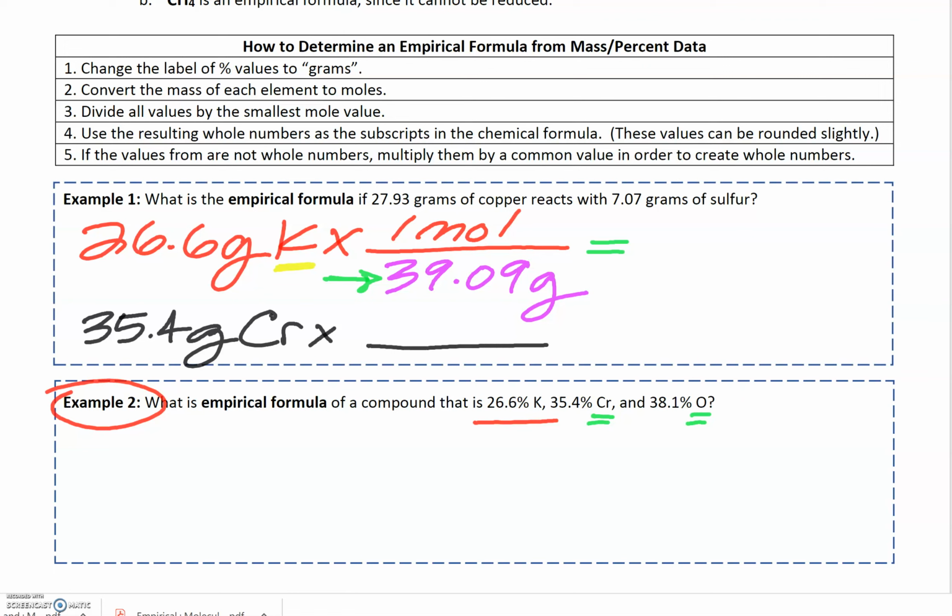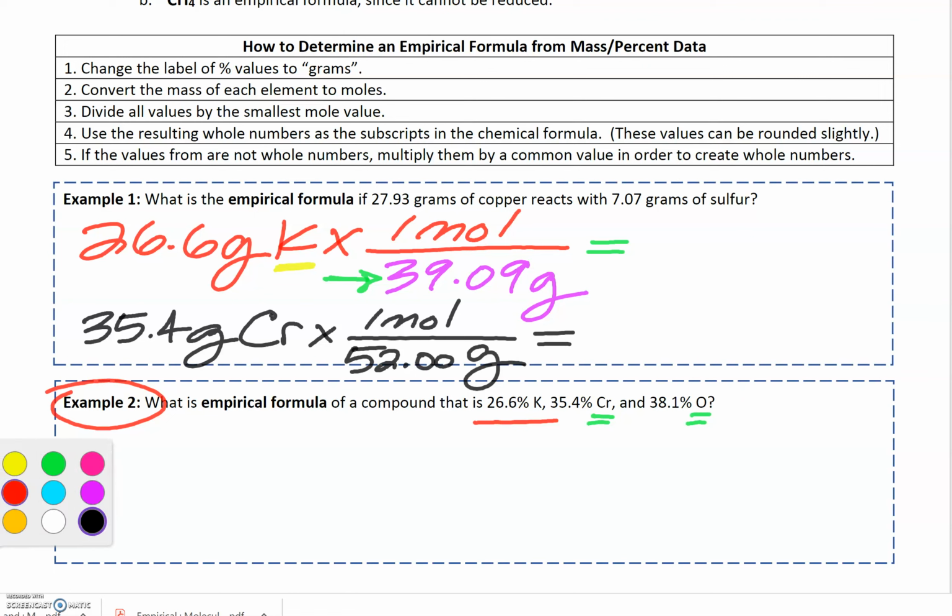It's going to be a little tight with that line. So let's go ahead and do 1 mole over, and again, this is the mass of chromium. I'm going to look this up on a periodic table, and that's going to be 52.00 on our periodic table. So again, I'm just looking these up on the periodic table. That's going to give me my second answer, and then the last one is going to be the oxygen,